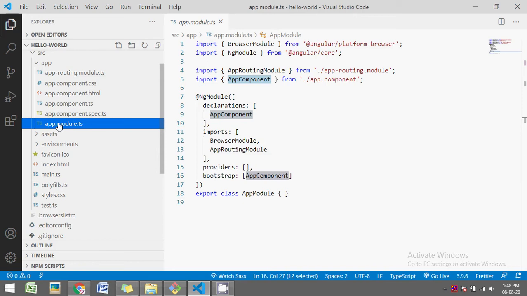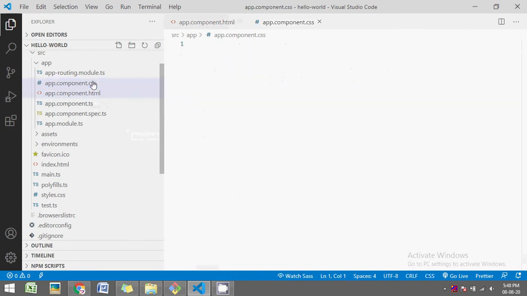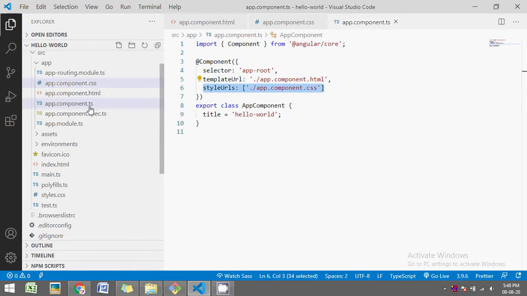Angular is component driven and an Angular application is made up of multiple small components with specific functionality. By assembling these small components, we can create a very powerful application. A component might have an HTML file as a view, a CSS file to define style specific to that component, and a TypeScript file which may contain properties and functions which can be used in the HTML template of that component.